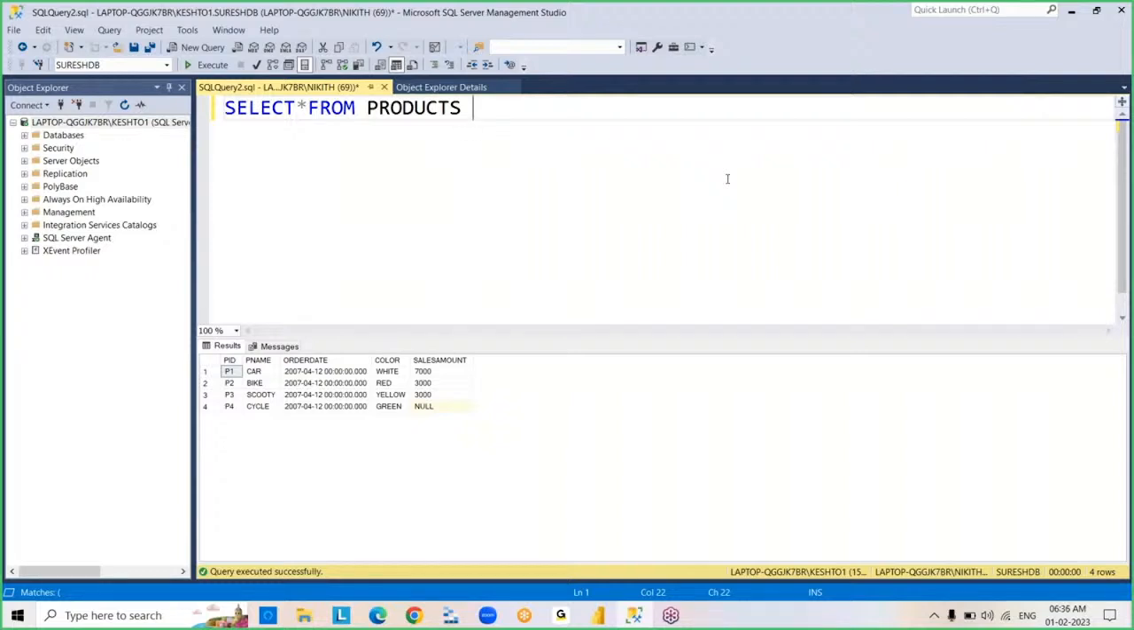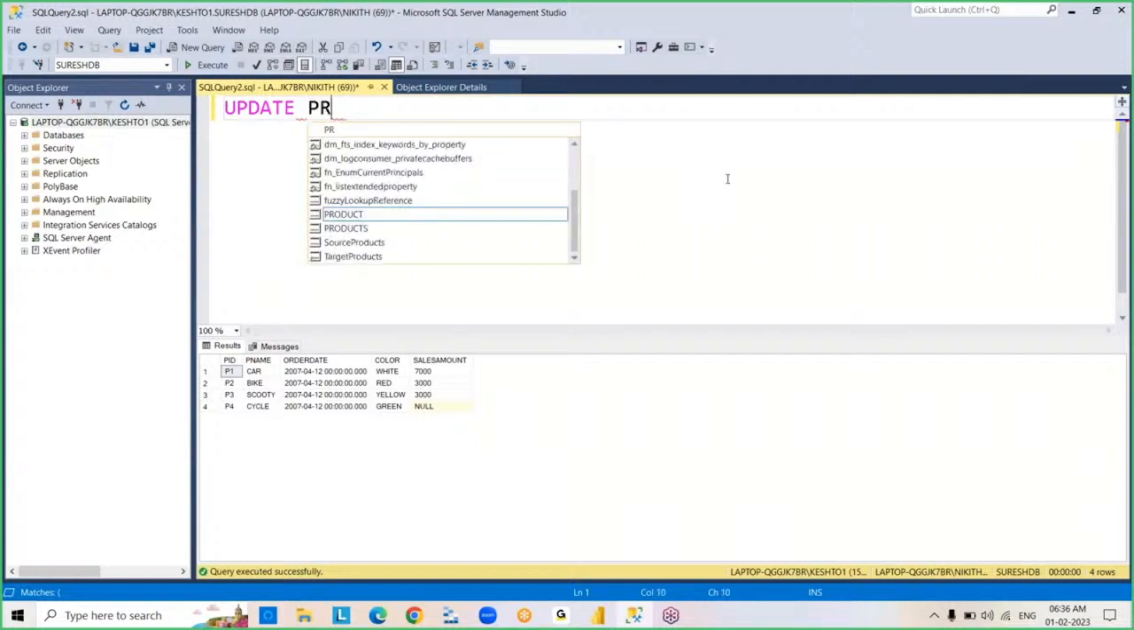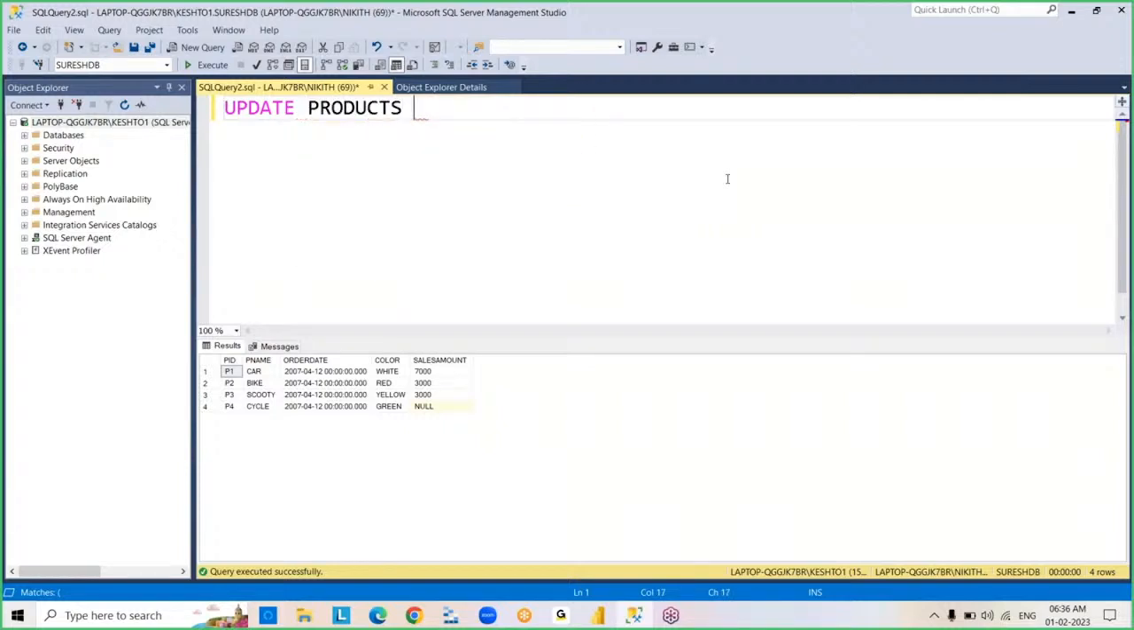Basically, the select command is not DML, it is DRL. We want to see the data, that's why I'm using this command now. Otherwise, it is not a DML command. See this. Next DML command is update, used to update or replace old data with new data. Update product set